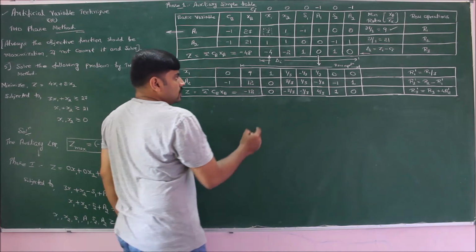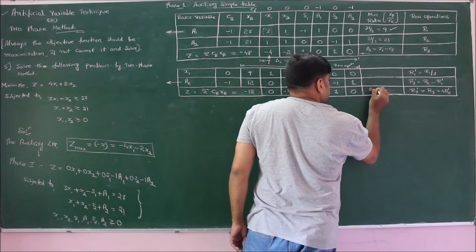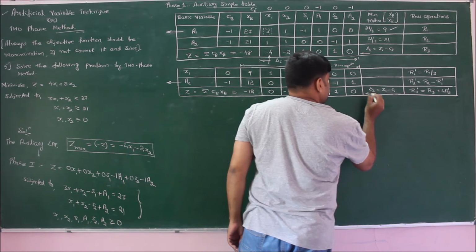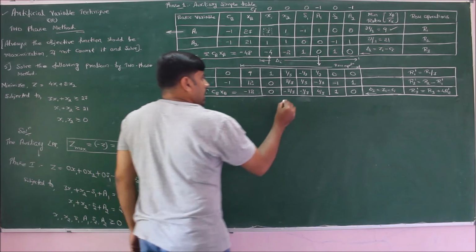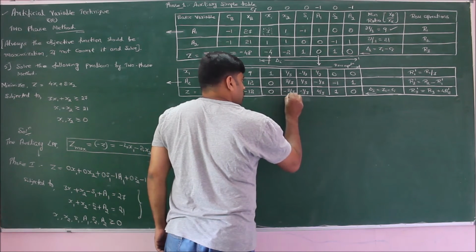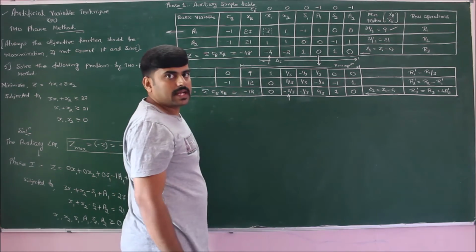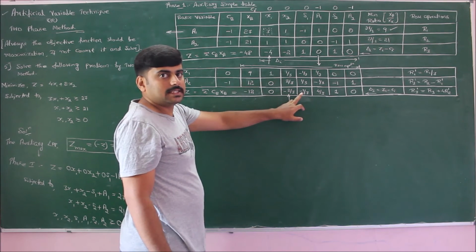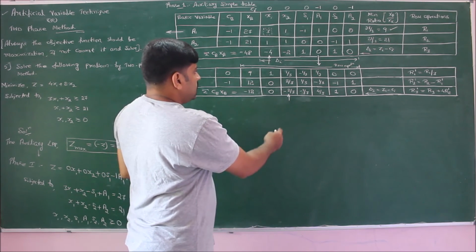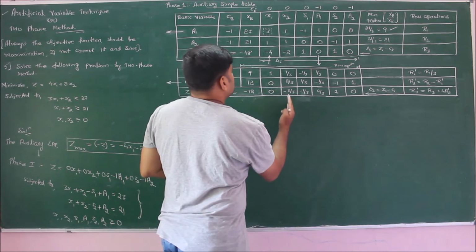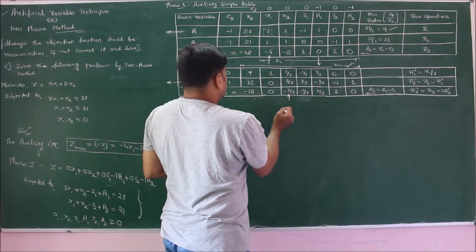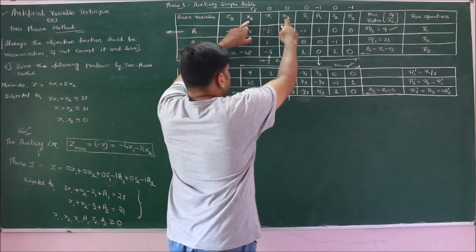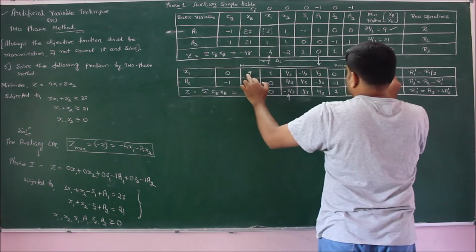So from this, the delta i, which is equal to Zi minus Ci, which we have calculated by row operation, and it is clear that minus 2 by 3 is the most negative, because minus 2 by 3 is minus 0.667, whereas minus 1 by 3 is minus 0.333. So calculating the outgoing vector, for us the incoming vector is x2. To find the outgoing vector, taking the ratio of xp by xk, that is xp by x2, so we'll get